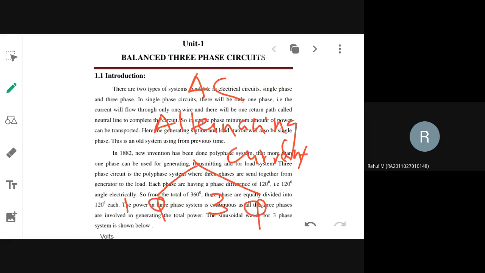Have you done it in your home? There is a changeover switch in your box. Yes, ma'am. Suppose power is not there in one phase, you will turn to the other phase and you will get power. That is the advantage of going for a three phase system. That is why people want three phase.